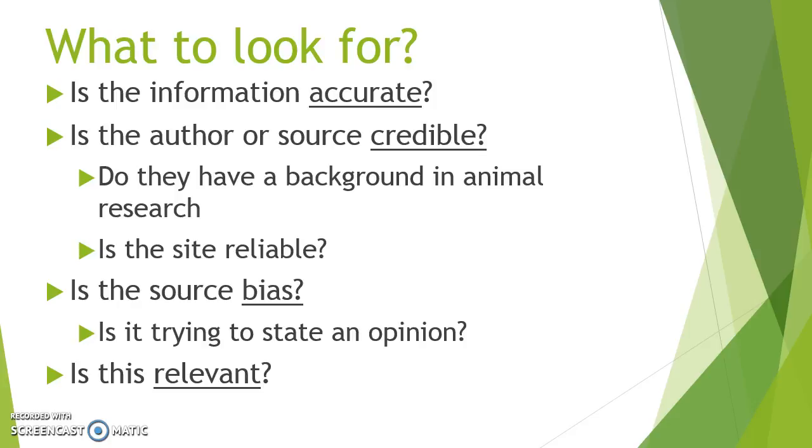The first question is, is the information accurate? If I'm reading about, say, killer whales, I am going to look for information that I know is already true, such as killer whales are also called orcas. If I find a source that does say that, or that they live in the ocean and stuff you already know about orcas, I'm going to save that and go a little bit more in depth in researching whether or not it's credible. If I find information that says that killer whales are purple and they live on land, I'm going to discard that article